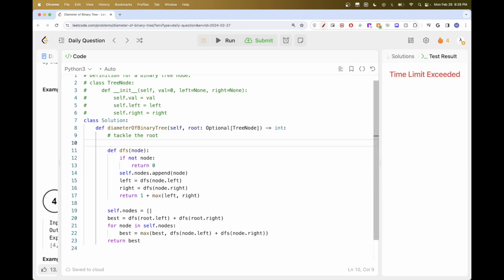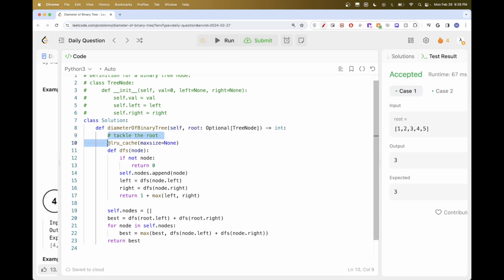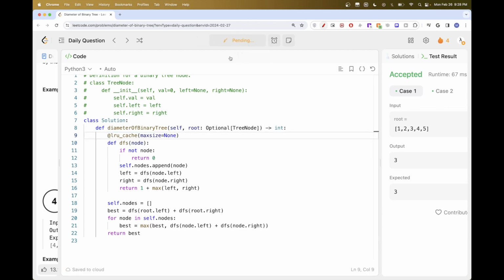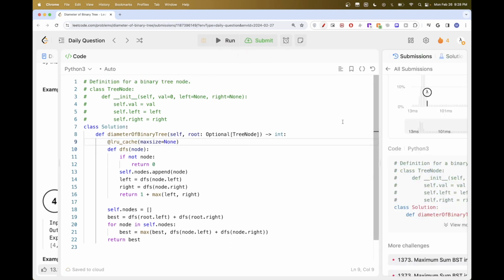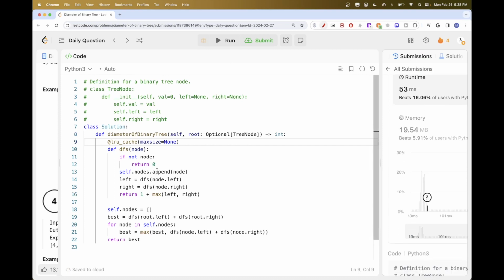Well, we can do the simplest thing, which is optimize it with cache here. So I can just use max size equal to none like this. So this is just caching like if you were to do it with a map, and this passes. But this is really not optimal because this array here, each time we increase it and each time we fill it with more. So you can see it's a lot repetitive. So how can we do it? Well, instead of updating